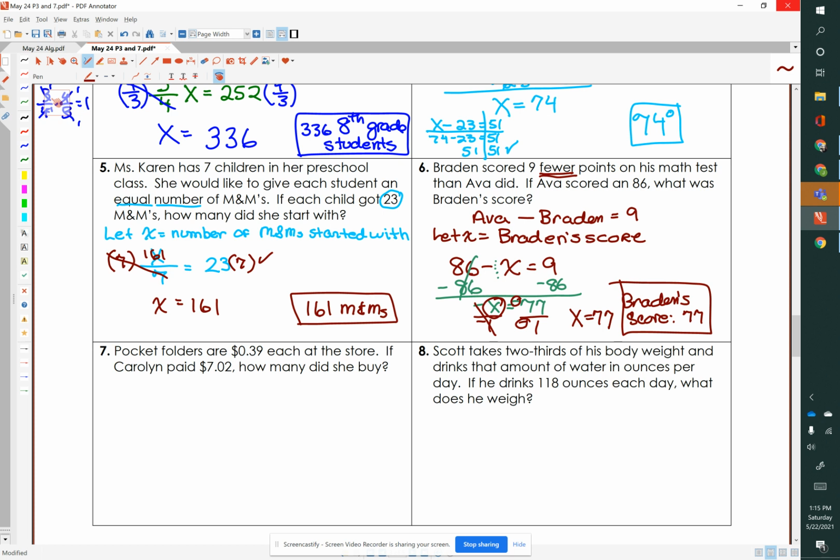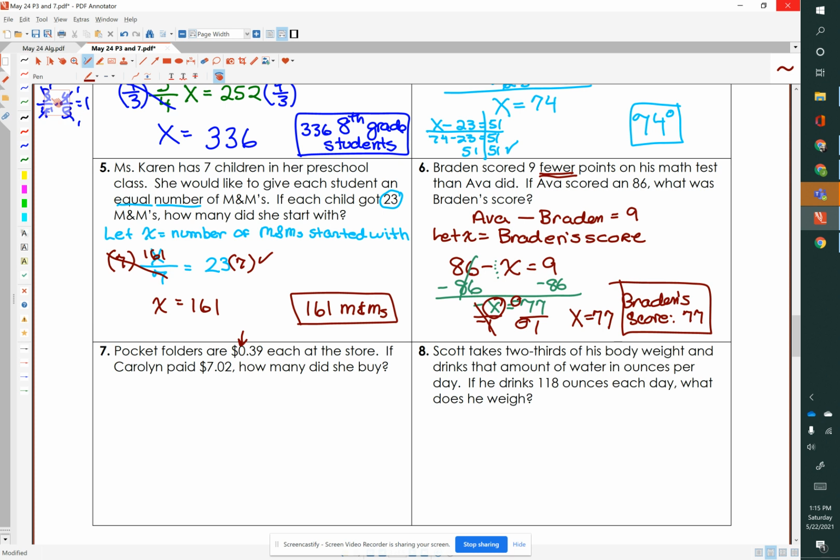Okay, number 7. It's about pocket folders, and we go through lots of these at school. Pocket folders are 39 cents at the store. Do you see that leading zero? That tells us that this number is less than 1. Pocket folders are 39 cents each at the store. If Carolyn paid $7.02, how many did she buy? So I know you're tempted to just divide $7.02 by